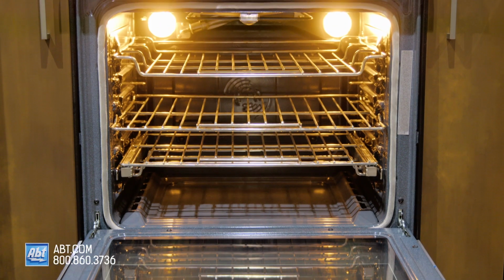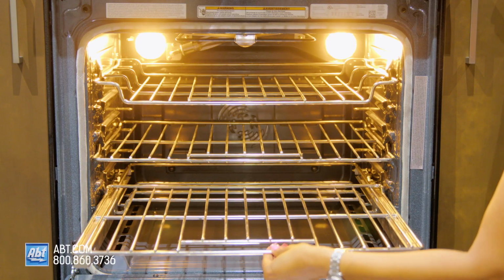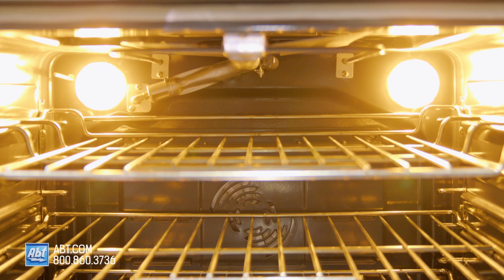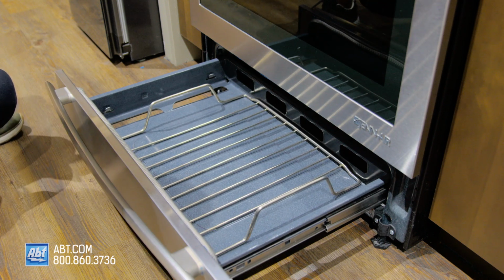The 5.8 cubic foot oven has a dark porcelain interior and comes with 1 heavy-duty flat rack, 1 full extension gliding rack, and 1 maximum capacity rack, and 7 rack positions. There's also 2 oven lights and a convection fan. The lower drawer is a baking and warming oven that doubles as storage for flat pans and baking sheets when